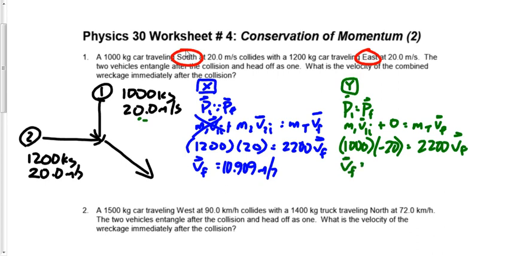And that gives me negative 9.0909 meters per second. Now it's all physics 20. Unfortunately, physics 20 is sometimes harder to remember than physics 30 because it's so long ago. We can do this. We've got 10.909 to the right. We know that because it's positive. And we have 9.09